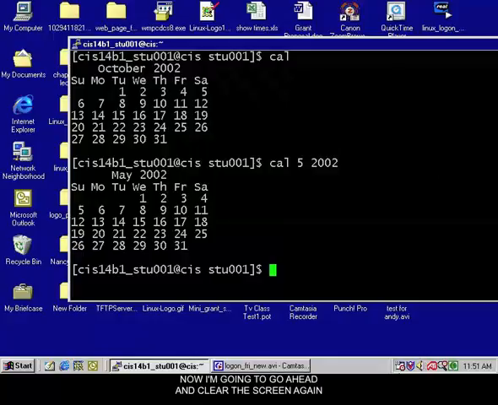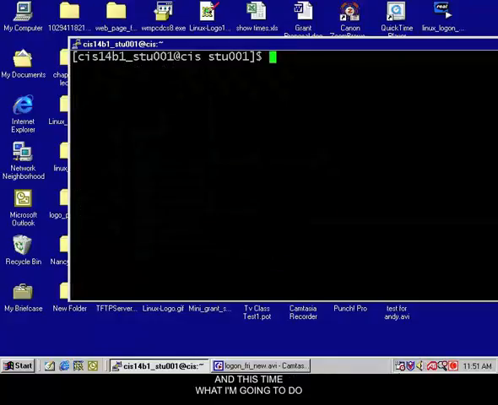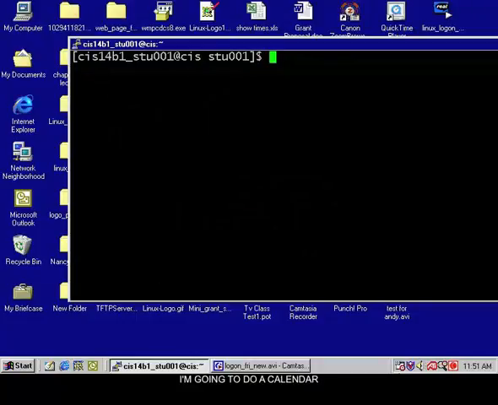Now I'm going to go ahead and clear the screen again. This time I'm going to do a different type of calendar, one that is referred to as a Julian calendar. A Julian calendar takes the entire year and numbers the days of the year starting at 1 all the way to 365, or if we have a leap year, 1 to 366. So we can look up a specific month and find out what day of the year that particular date is. For example, if I want to use the Julian calendar for the month of May, I would type in cal,